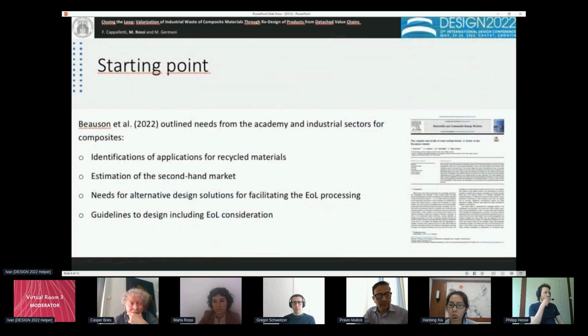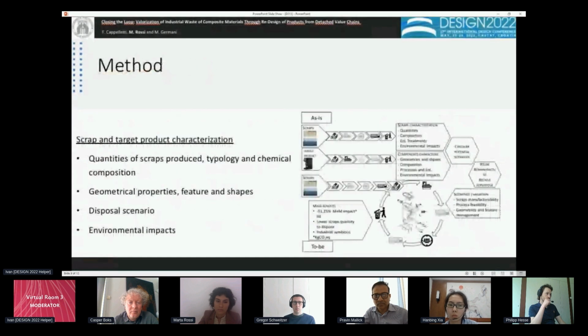The analysis of the literature outlined the need to identify applications for the recycling of these materials, facilitate the end-of-life processing, and define guidelines for designers to support them in the optimization of scraps end-of-life. The proposed method foresees at first the analysis of the as-is situation, both for scraps and target products. Target products represent the product or the family of products where scraps could be reused,